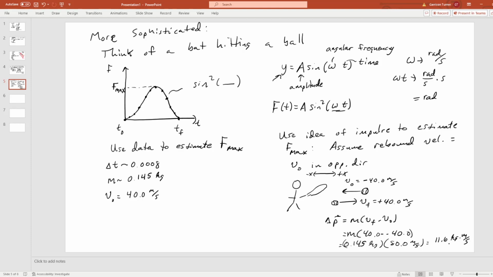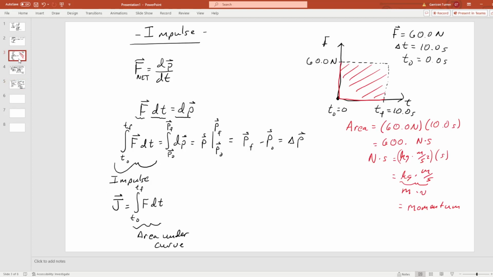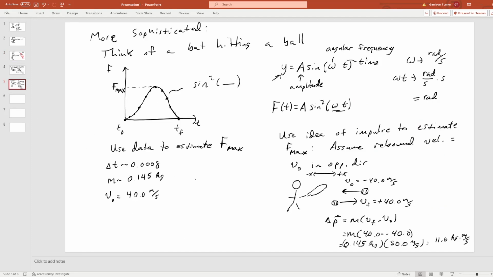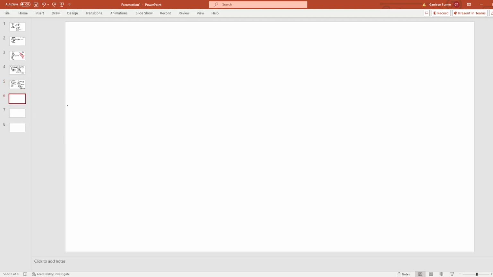But remember, your change in momentum also equals your impulse. Change in momentum equals impulse. So we can automatically say that our impulse is 11.6 kilograms times meters per second. Okay, fair enough. So now what we need to do